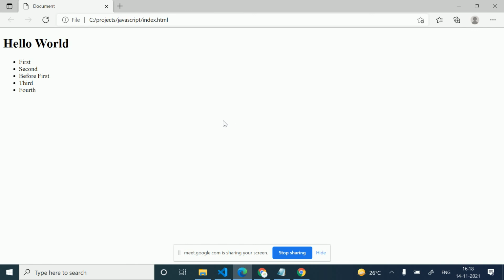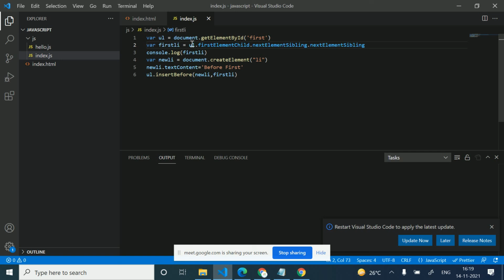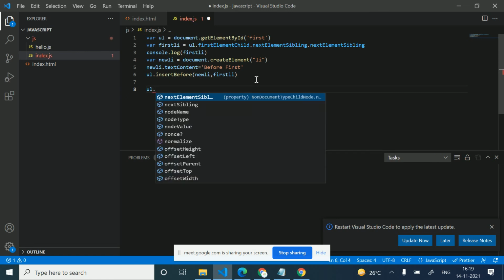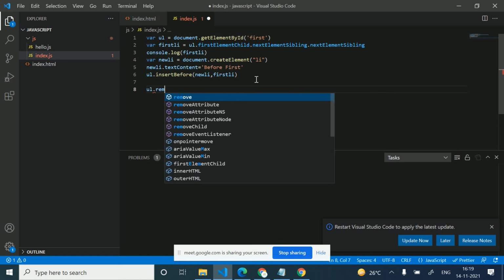Okay, so in this way we can insert before and after an element. Now we will discuss how we can remove a child element. There is a remove function, so how can we remove this? I want to remove an element from the ul, so I'm just going here, and I will remove